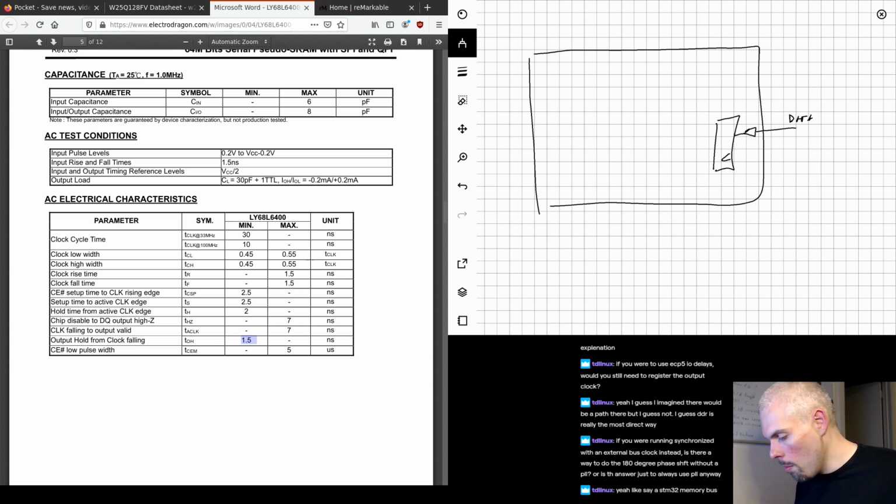And you need to somehow sample it at the right time, and you have the clock that goes and clocks that flip-flop, and possibly clocks other resources inside the FPGA, whatever. Now, the problem with that, I mean, it's not a problem, it's a